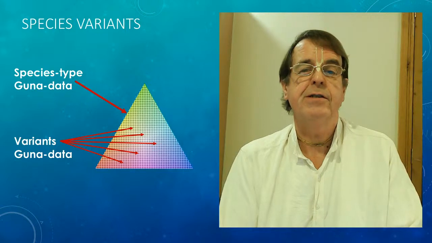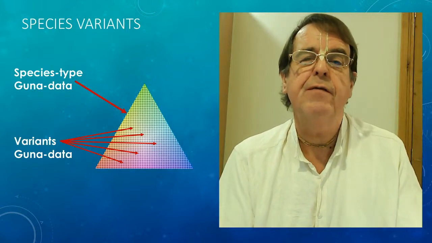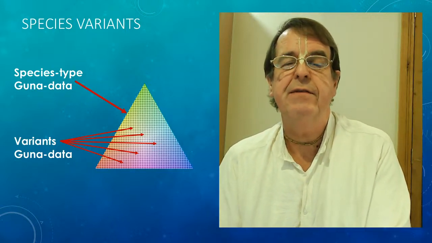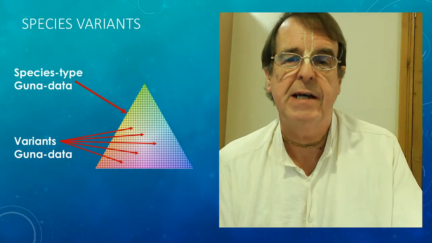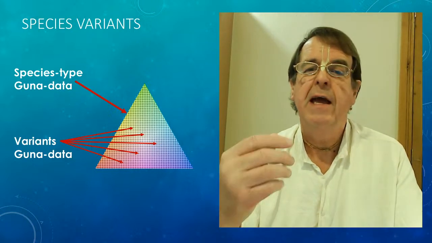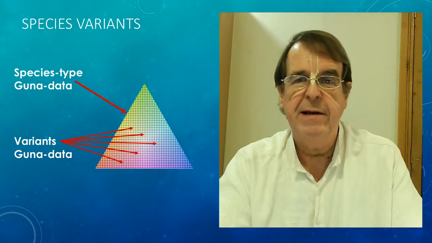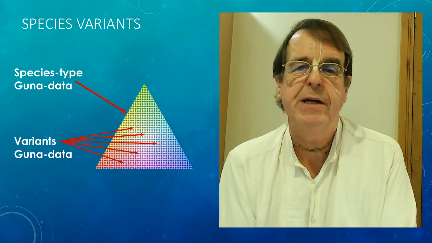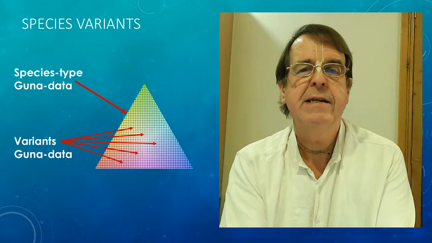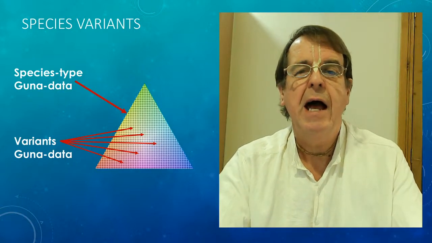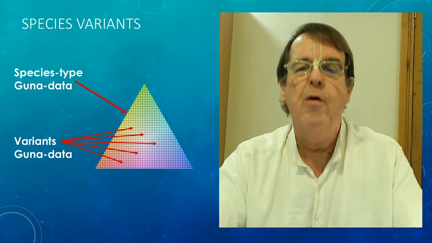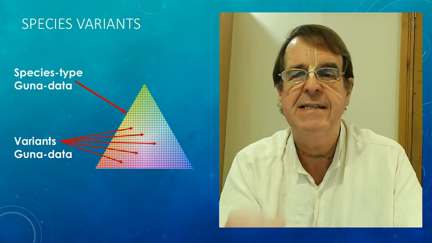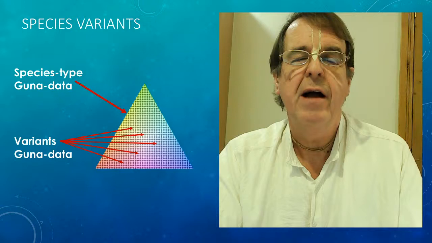So this offers Atmas a range, a variety of forms and features and activities within a single species type. Most of the variations are relatively minor. The creature always remains within the overall guna species. So variety is really limited to what will be achieved within the overall faculties of those 10 senses that define